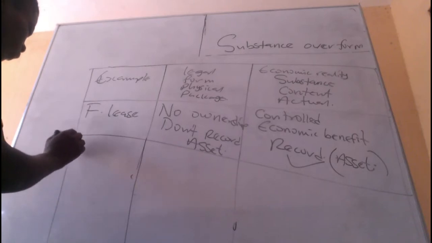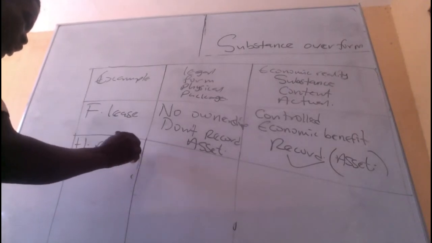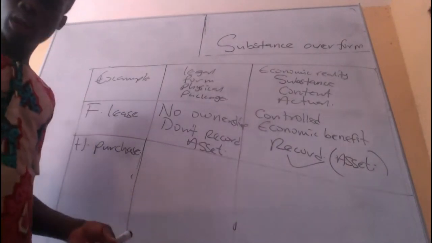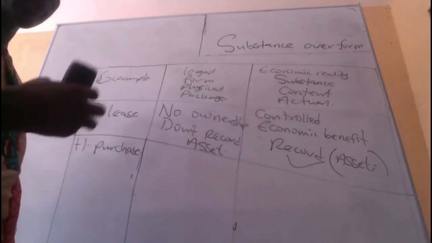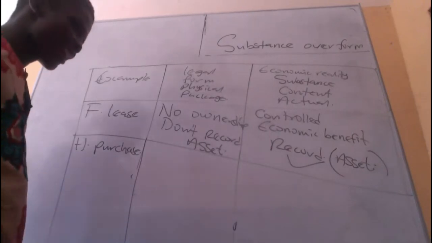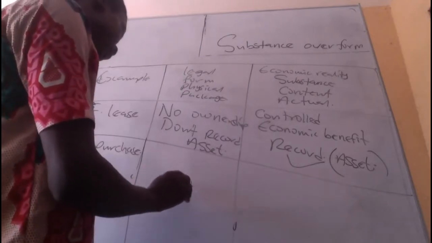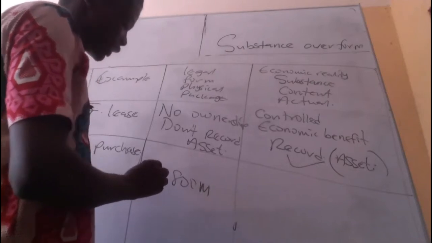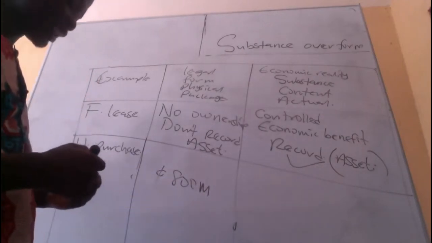Now, I'll go to hire purchase. Hire purchase is similar to a finance lease. Here, you rent or hire an asset for some period before you purchase it. That's a hire purchase agreement. Here, you want an asset. Still, the asset is 800 million. You don't have physical cash, 800 million Ghana cedis, but you need the asset.